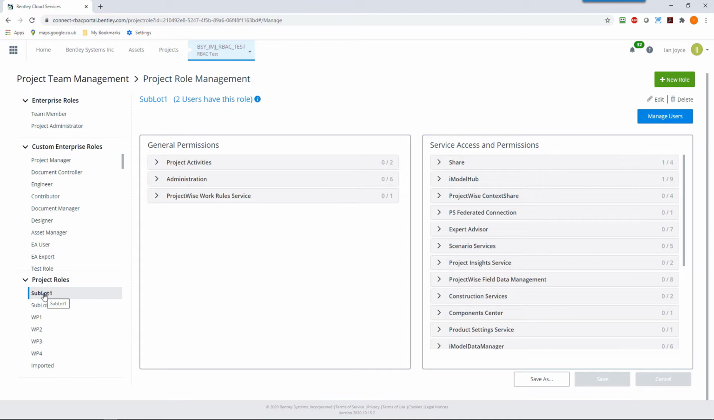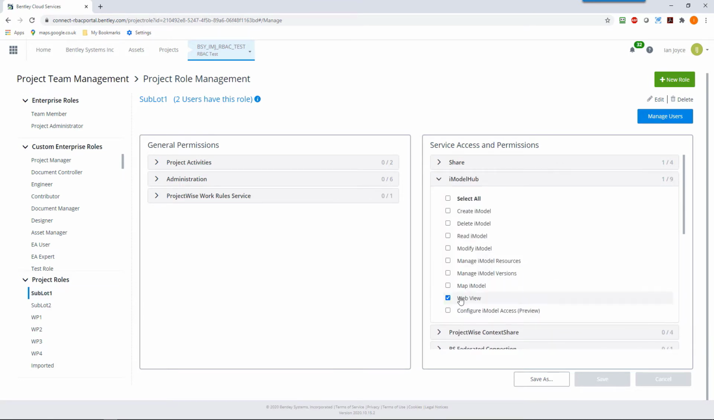And if I look at a typical one, and these have all got the same access control, I'm just giving the users access to read the iModel. I don't want them to be able to create them, delete them, or change the access control. I don't want them to do any of that. So all they can do is view the iModel through the web interface. So if we go back to the iModels,